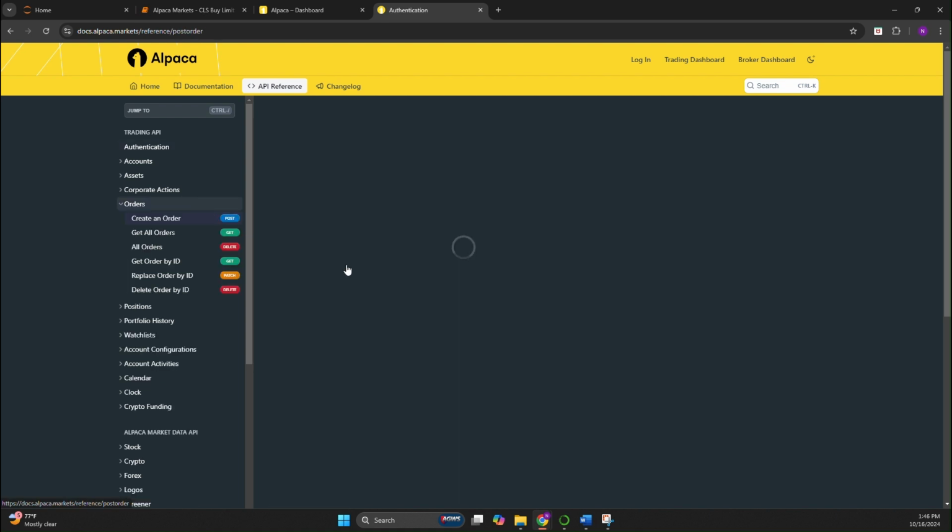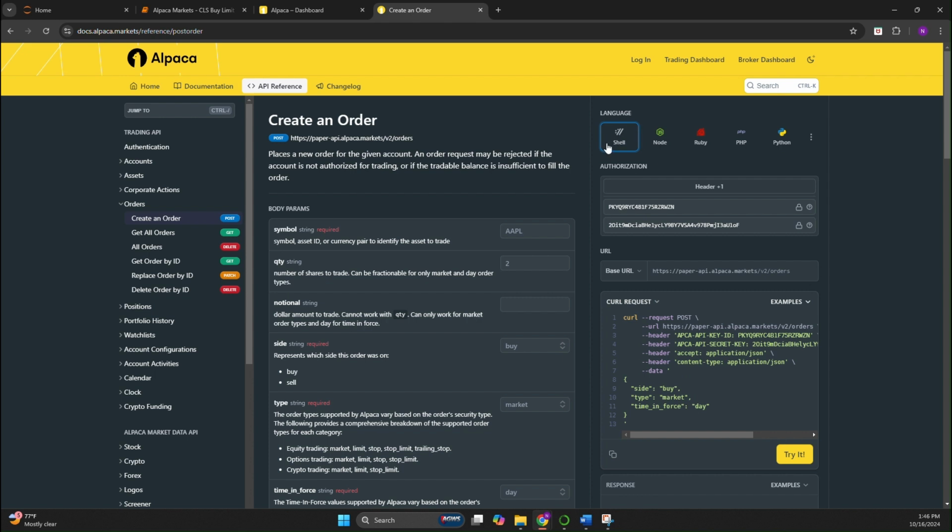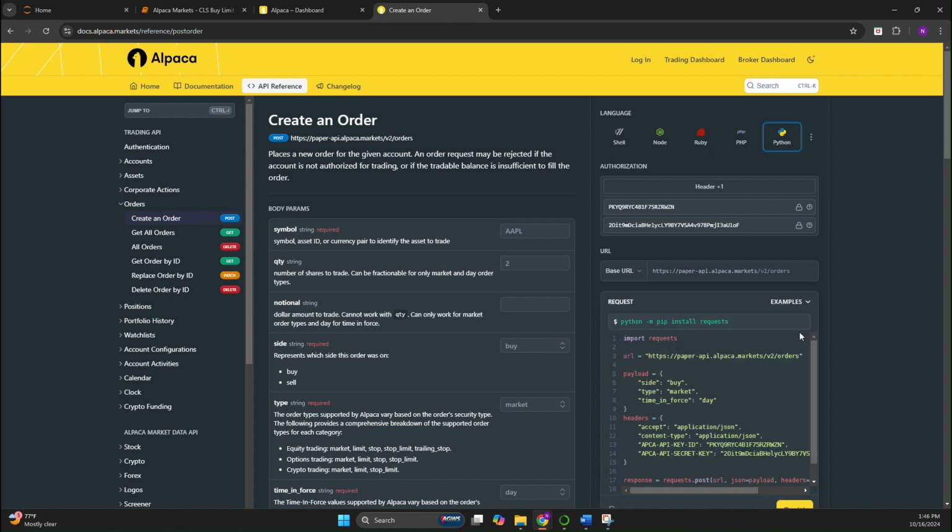Alpaca makes it very easy to build this. You just enter the parameters and it builds the request for you in Python. If you are, for whatever reason, defaulted to shell, make sure you just come over to Python there. It makes it easy, or whatever language you're looking for. There's a multitude of them. So like I said,